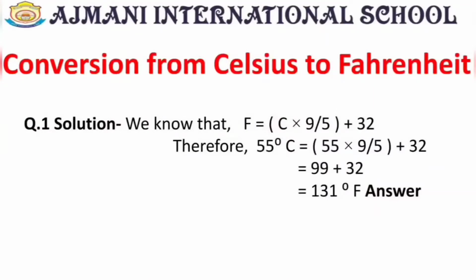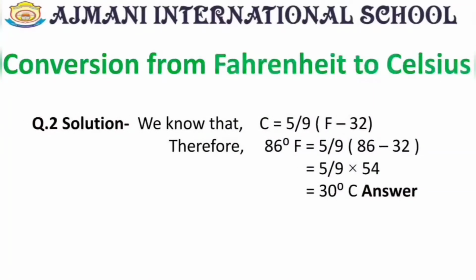When you have to convert the temperature from Fahrenheit to Celsius, use the formula C is equal to 5 upon 9 times F minus 32. Now, here what you can do is simply put the value 86 degrees in place of Fahrenheit. You may have another number, accordingly you use it. After doing the calculation, you would be getting 30 degrees Celsius, and in this manner we could say that 86 degrees Fahrenheit is equal to 30 degrees Celsius.